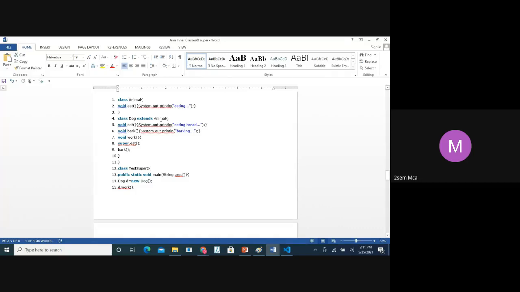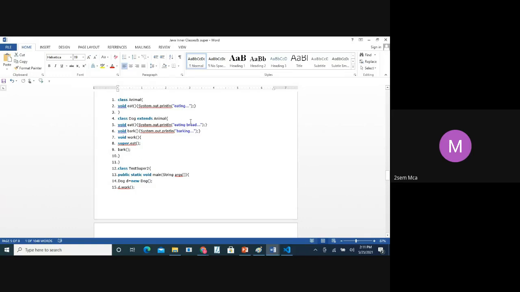Now again we use extends, because we are inheriting the base class, that is Animal. Again, you can see in Animal we have a method called eat. In the same way, in the Dog class, the derived class, we also have a method called eat. Then we display eating bread, to differentiate between this eat and that eat.